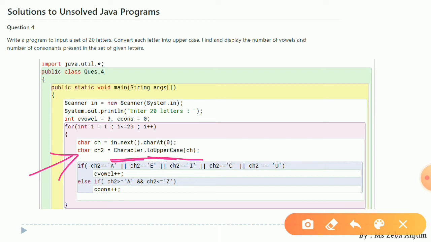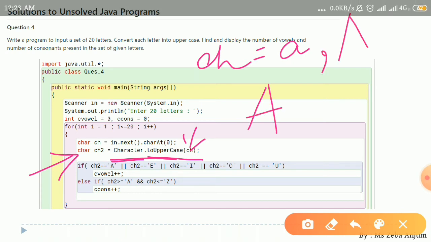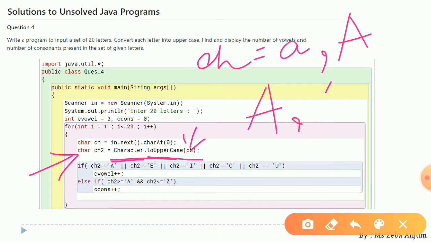Now what is it going to do? Whatever character you put here in the brackets, it is going to give you the uppercase version of it. Now see, if your value of ch was small a, then this function is giving you capital A. If this value of ch was already capital A, then again it is returning the same value, capital A. If the character is a question mark, it is not a letter, yet it is a character.